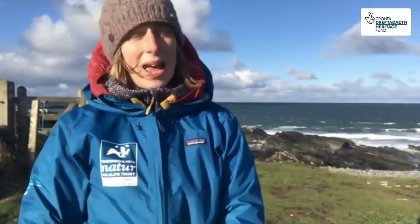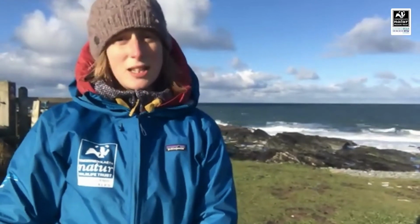But it really highlighted a couple of things. One being that it's so important to have these sites wardened. There's very few places left in the UK where these ground nesting birds can actually nest without the disturbance of dogs or people, so it's really important. And that's something that we are losing more and more of, because so much of the coast is being developed, and so we feel it's really crucial that what we've got left is wardened, because otherwise we're going to lose